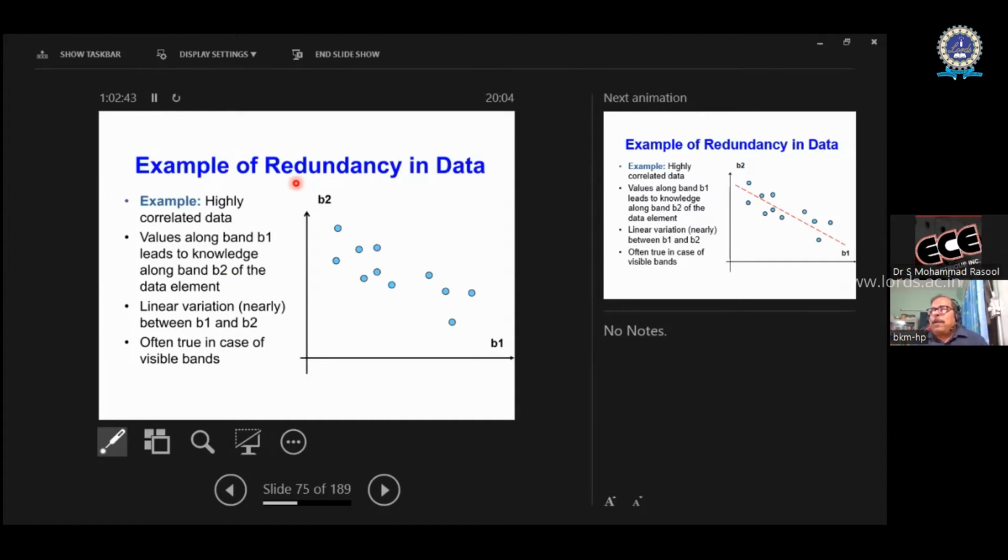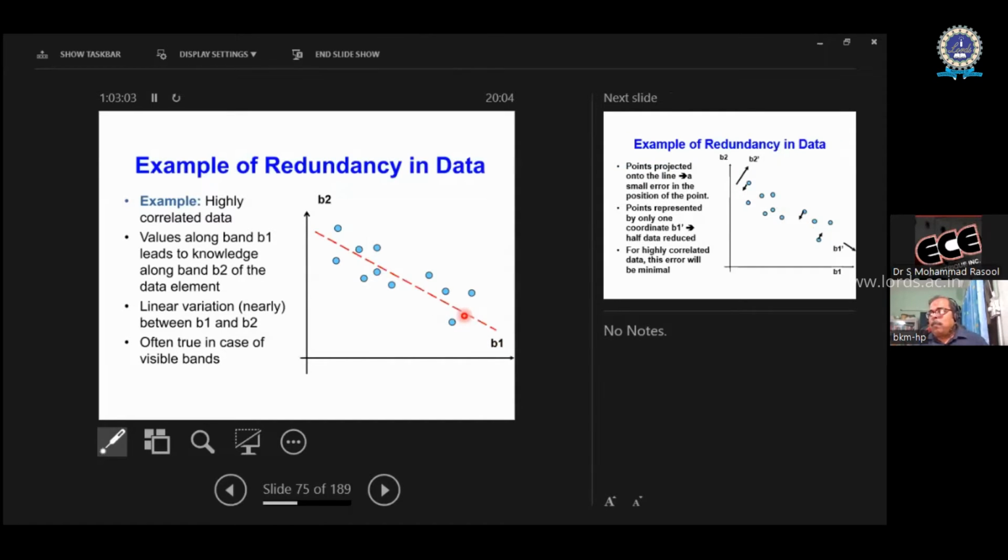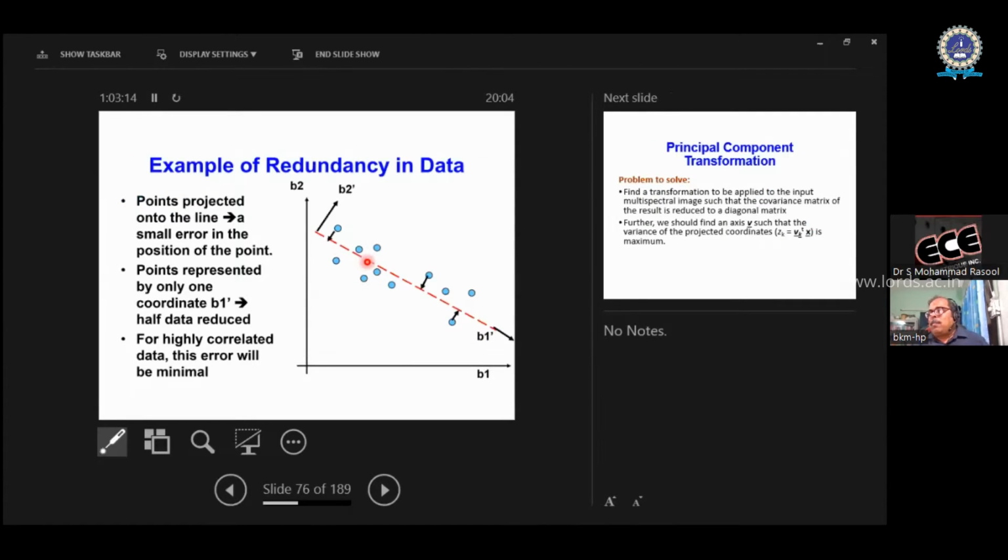To explain what is meant by redundancy, if we look at two-dimensional data points, we can see that there is a lot of negative correlation between the values. So high B2, low B1, high B1, low B2. By projecting the data onto some regression line, we can